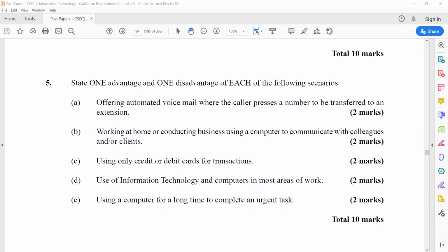Okay, so the second scenario: working at home or conducting business using a computer to communicate with colleagues and/or clients. What is an advantage and disadvantage? An advantage is that you're in the comfort of your home. There are no costs relating to traveling, especially if the colleague or the client is out of the country or you are in different countries. That's one advantage. Disadvantage will be